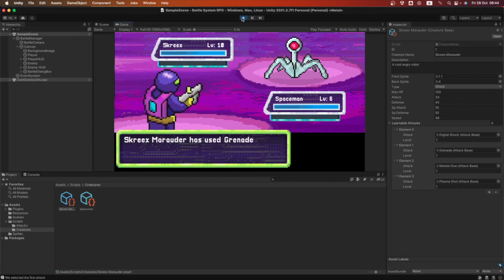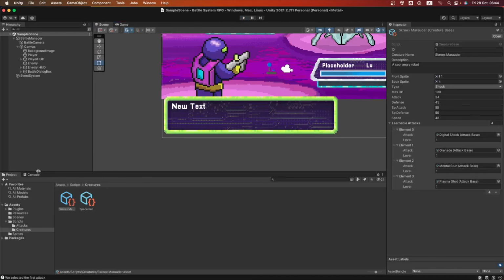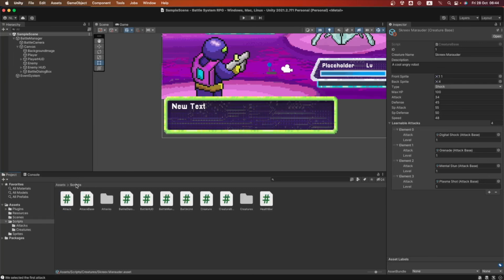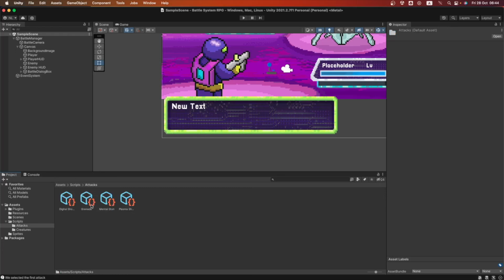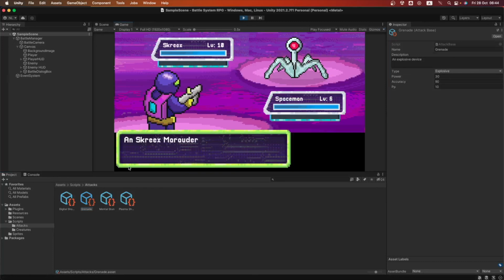Okay, what happened there? Okay, we're gonna go and play here. When I click grenade, I got here you used digital shock. So let's go back into my folder, in my attacks folder, and let's find the grenade one. And there it is, grenade. Yeah, there it is, grenade. Okay, so let's click play again to see what happened. Maybe I clicked up the mouse.